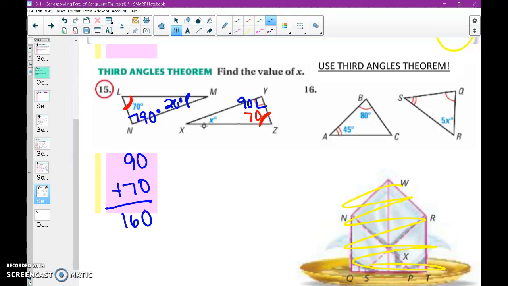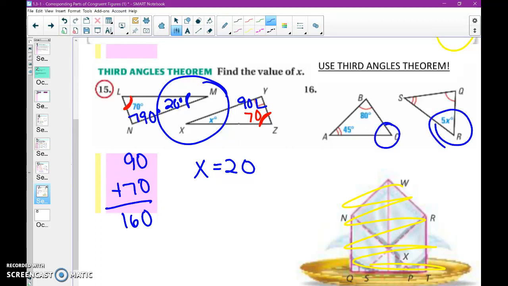Well, I learned by third angles theorem that if I know that two of the angles are the same, so this 90, 90, the 70, 70, the third ones automatically have to be equal to each other. So just by that, I figure out that x is 20. Same kind of principle here, okay? Figure out what c equals, because that's going to tell you what you have to set 5x equal to. Check with your teacher for